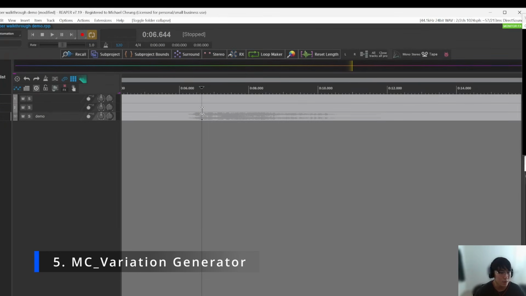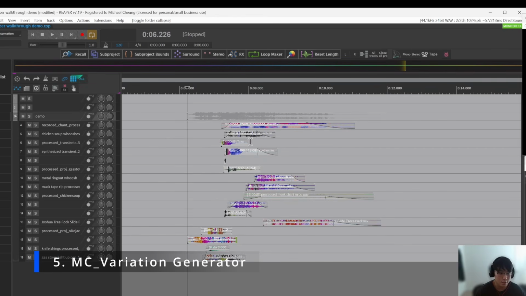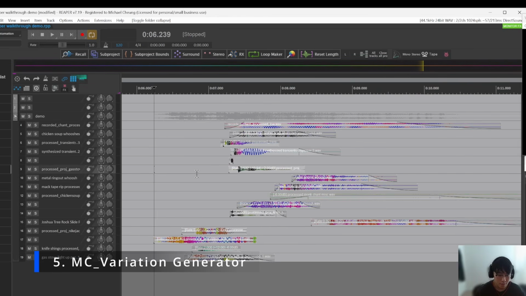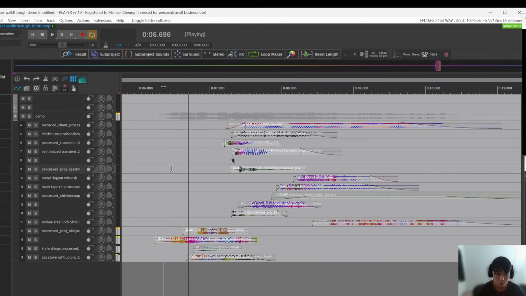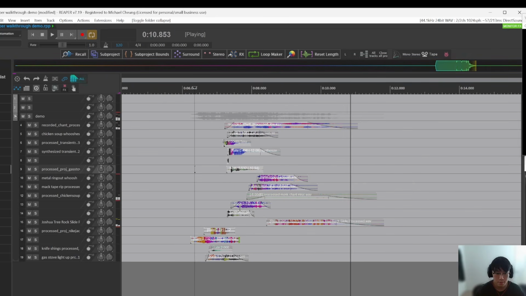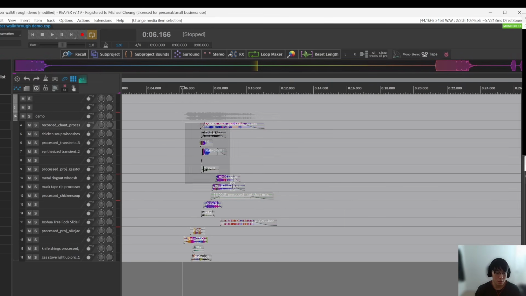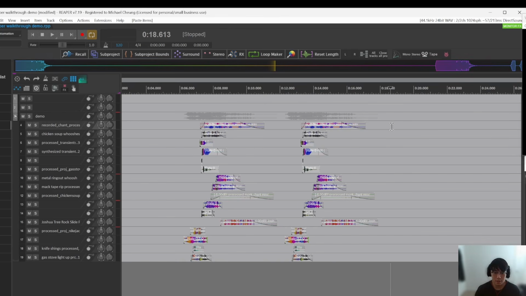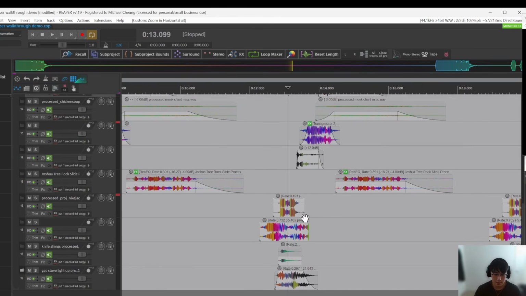Okay, so the next thing I want to talk about is generating variations and some of the tools that I use to make that process a little easier. So here in this example, let's say we have a sound. And oftentimes with sounds, you want more than one variation, so it's not repetitive for the player. What I used to do before is I would duplicate the sound 3 times and then kind of like manually